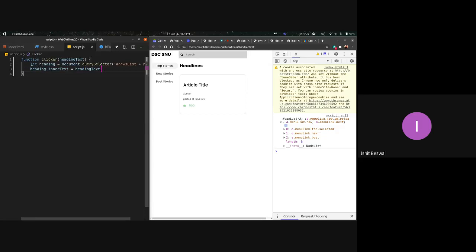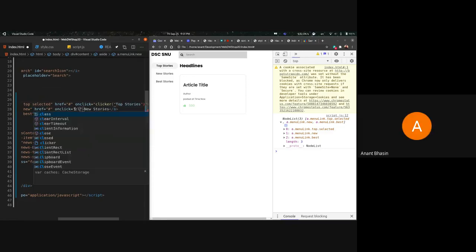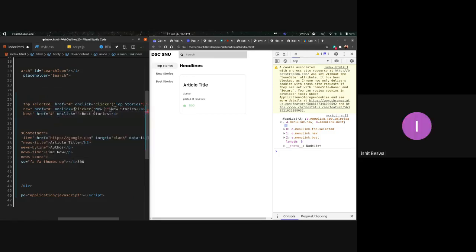And now you can come back to the index.html to call those functions. So it's clicker, right? It's still clicker. So let's call this now top stories. This is going to be news stories. And the last one is going to be best stories.